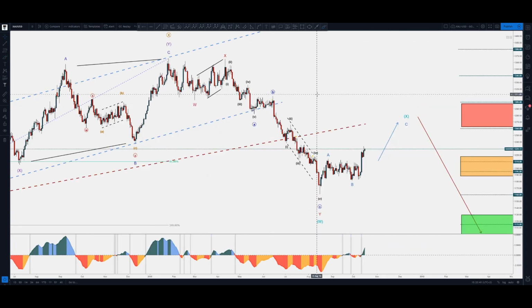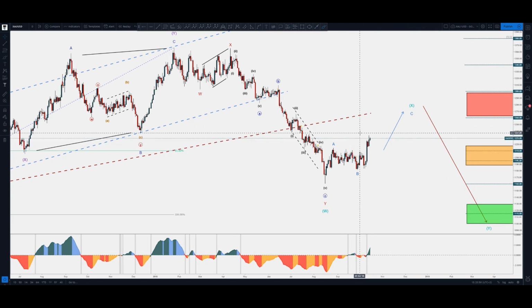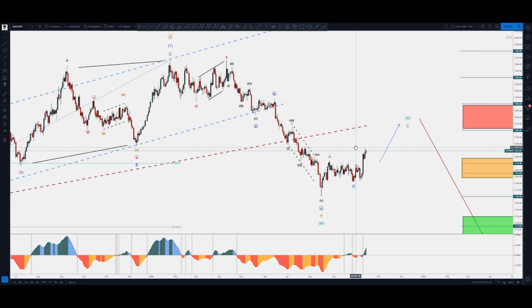As for gold, I'm explaining, let's say previously I explained that possibility for this one to rise, and the way I'm labeling it, and I had a bit of, for instance, difficulties, but I do believe that this could actually be an ending diagonal in this C, a rising wedge if you may, right? So moving forward,